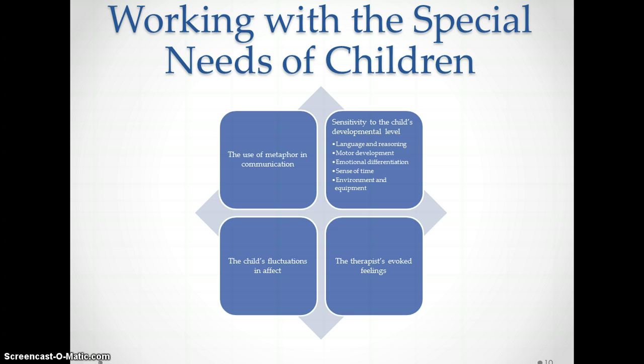Be aware of developmental milestones. We will start discussion of these in Chapter 3, but knowledge of typical development will allow you to be sensitive to the child's abilities and any fluctuations in affect. For example, being able to hold on to more than one emotional state at the same time is not a typical skill of early or middle childhood. Hence, you may see children laughing one minute and crying the next.